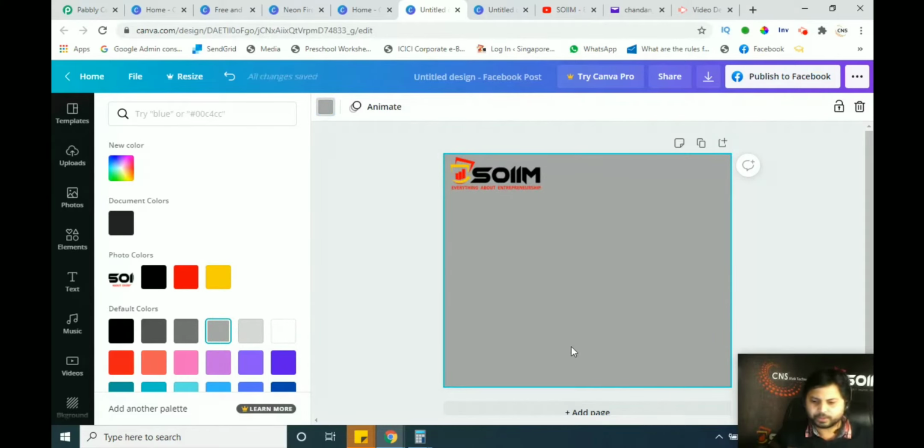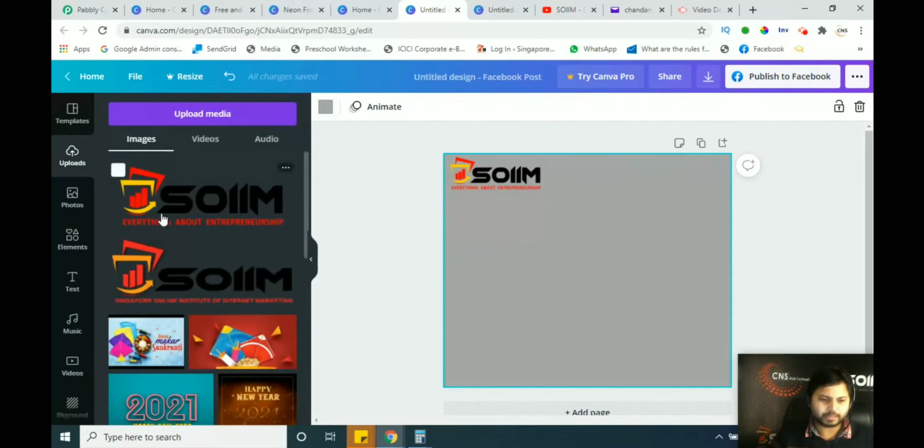If you want to draw a layer here so that you can divide this section into 3 or 4 parts, we can make a layer, or we can use the Elements section. Why would we use it? Suppose I want to make one square with a different color, or a circle, and put my logo in the circle. I can do it here very easily.